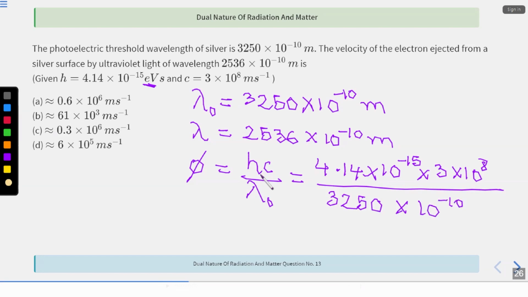Okay. So with this, you'll get phi to be 3.82 eV, right? And similarly, we know that hv is equal to hc by lambda, right? I can cancel out the h here. So I can tell that my hv is nothing but